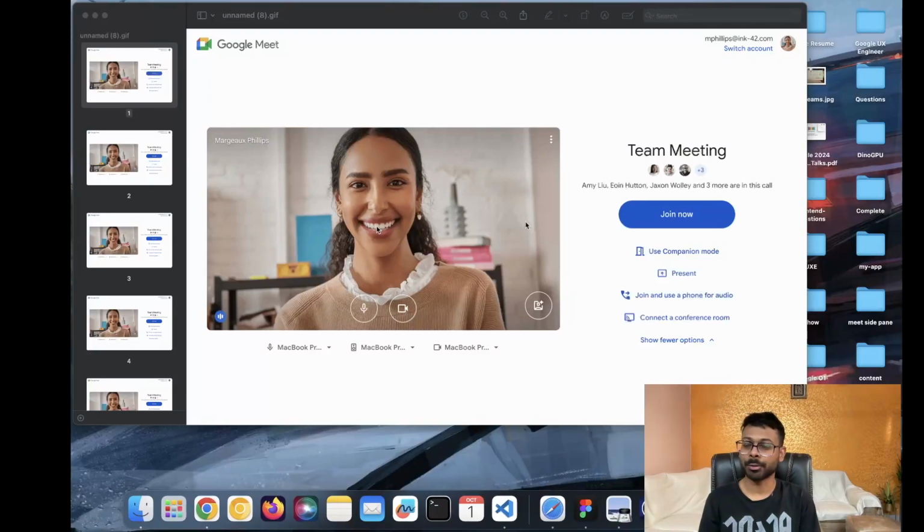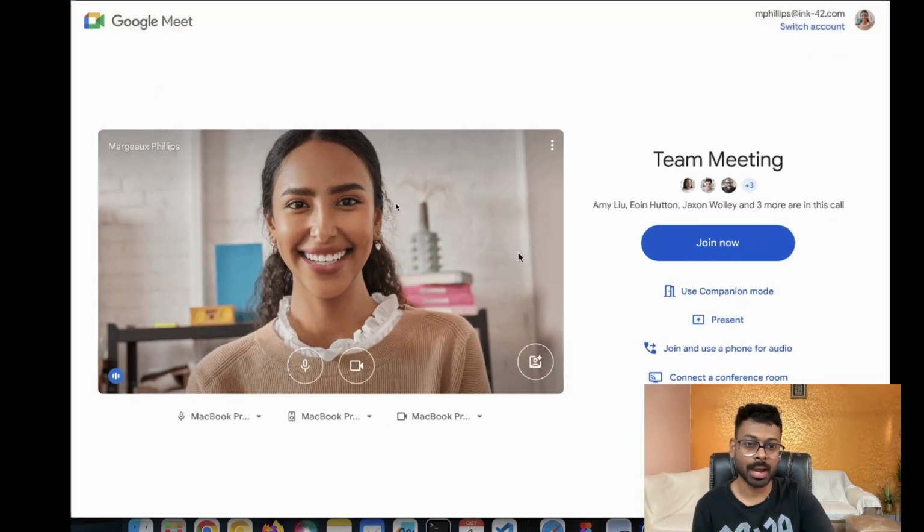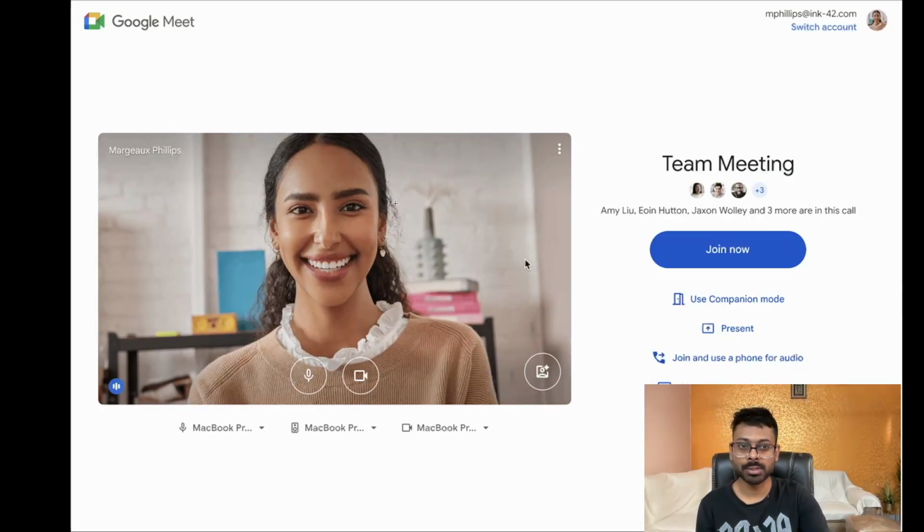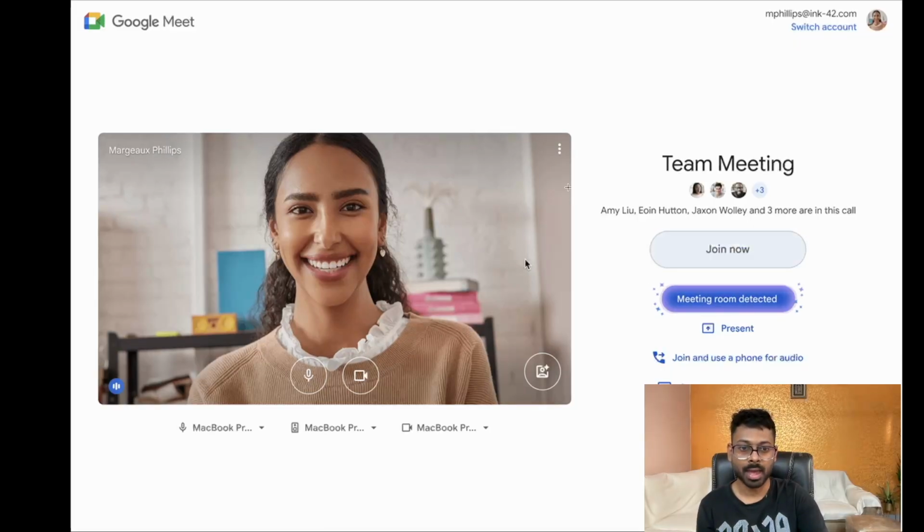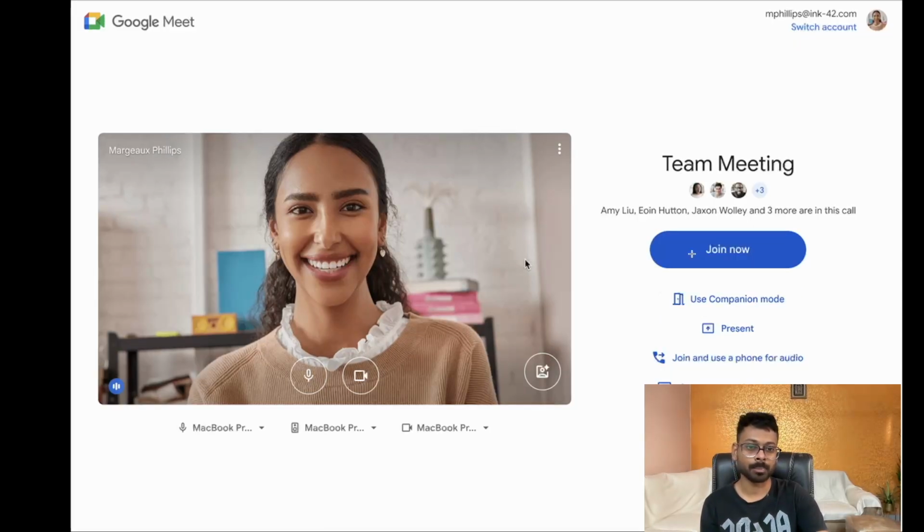Alrighty, so today I'm going to talk about a very special thing, which is the Google Meet companion mode. Let's get straight to this and see the effect and how it looks. I was seeing the Google Workspace updates, and one of them caught my eye, which was this Google Workspace Meet update. And as you can see here, I usually have this join now as my primary button,